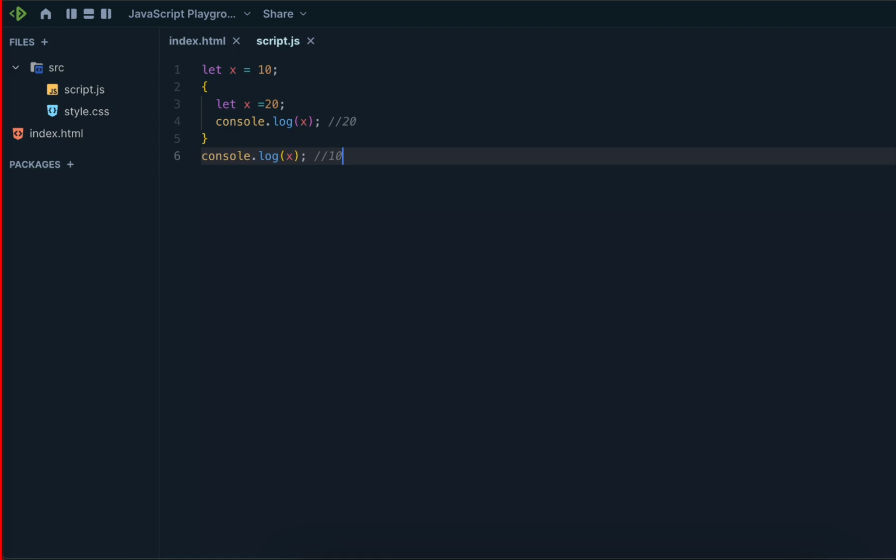Kaustub, what is the output for this question? First one is 20, then the second one is 10. Can anyone explain why it's 20 and why it's 10?